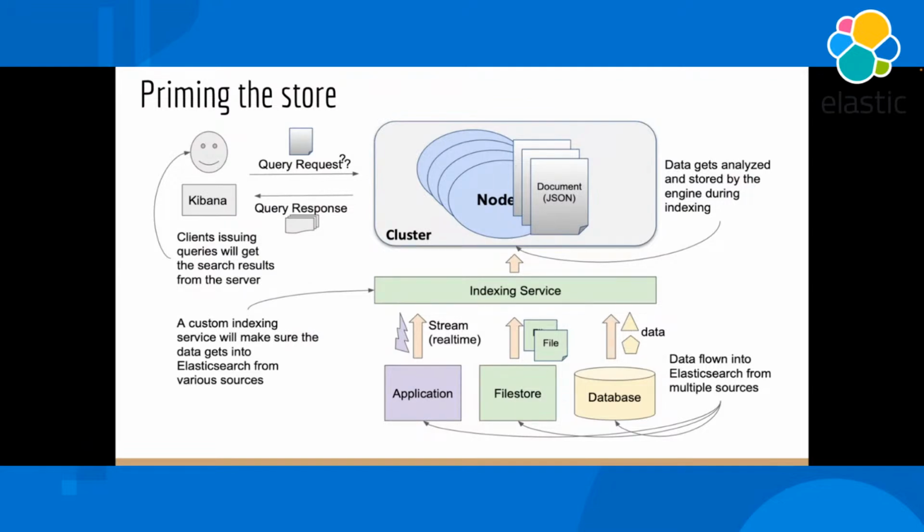If you look at this particular diagram, you have two parts to this. You can index your data into Elasticsearch via your application, via a database, via ETL, whatever the mechanism. Ultimately, you have an indexing service which brings the data into Elasticsearch, because remember, Elasticsearch without data is nothing. You are like talking to a brick wall, right? So you've got to have that data in there, whether from your existing data, or from an application or Twitter or wherever. Indexing is the main part to get the data into Elasticsearch. That's your priming part, right?